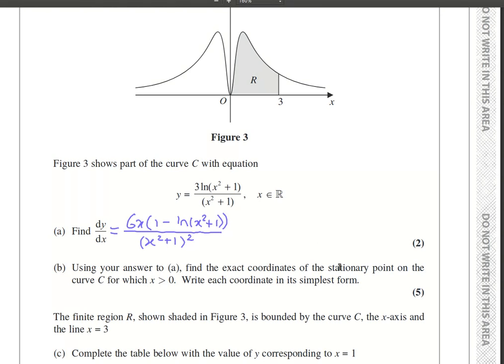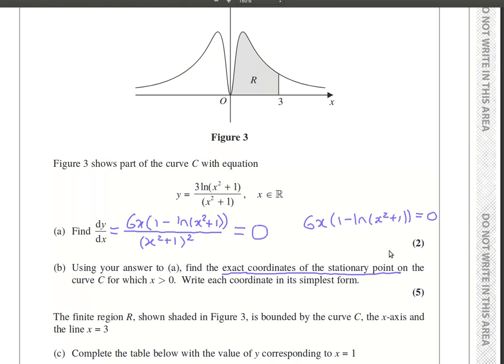And we want to find the exact coordinates of the stationary point. Well, stationary points are found where the gradient equals 0. And as soon as you multiply the low there, the (x squared plus 1) squared, across, that's still going to remain 0. So what we really need to solve is 6x times by 1 minus ln(x squared plus 1)